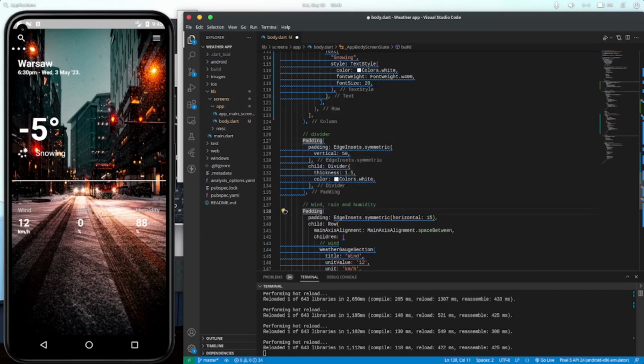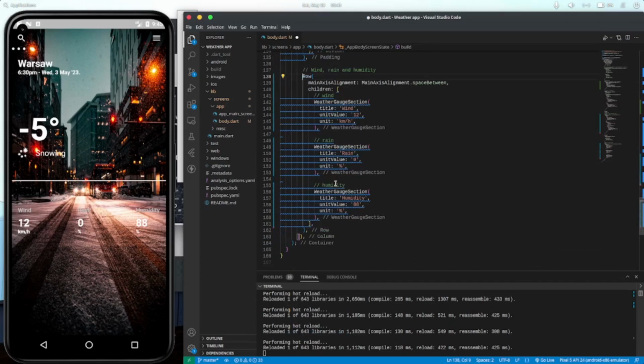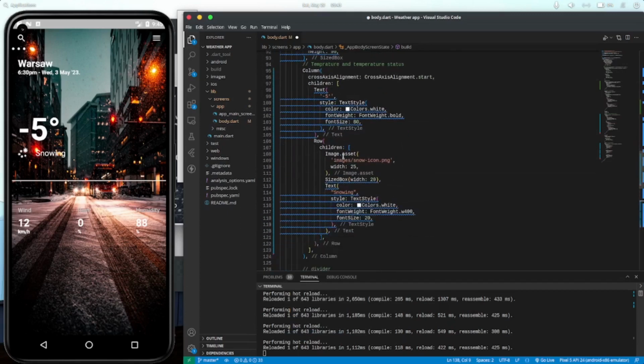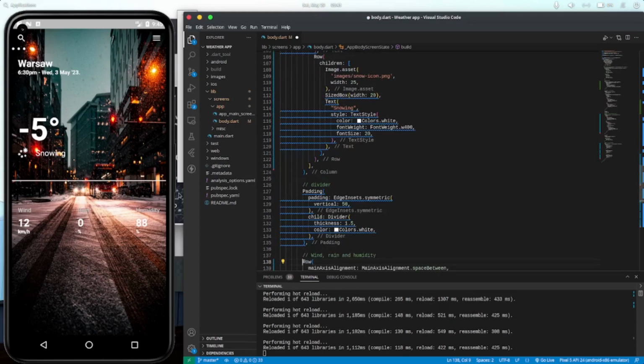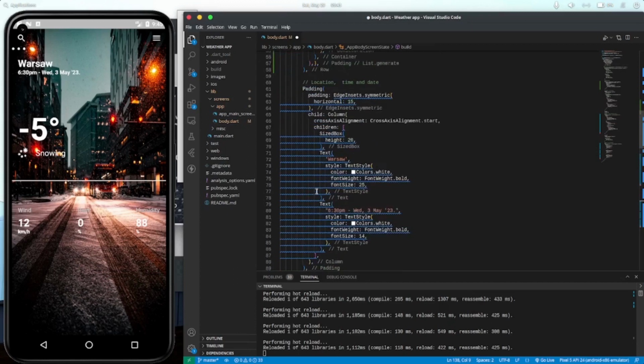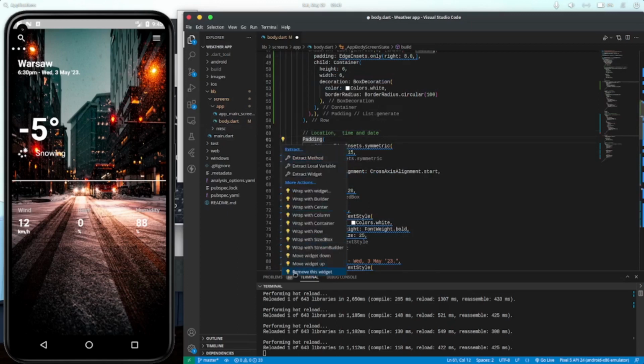So let's also try to remove it for this as well. This one I will still leave because there's a padding somewhere here for the vertical. So that's that padding there, so I'll just leave it as is. This other one is the one we want to do, the location and time. We'll remove that padding. And